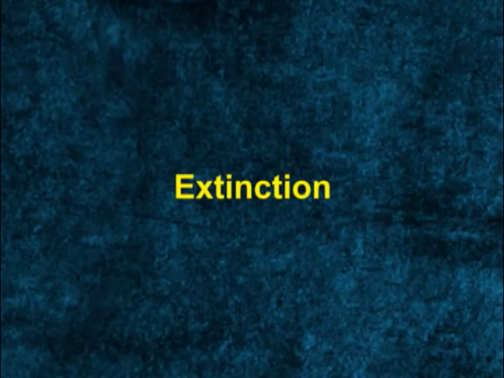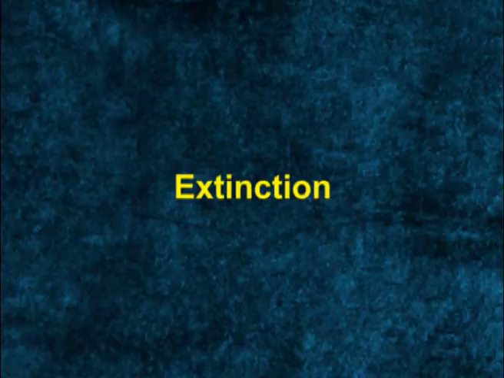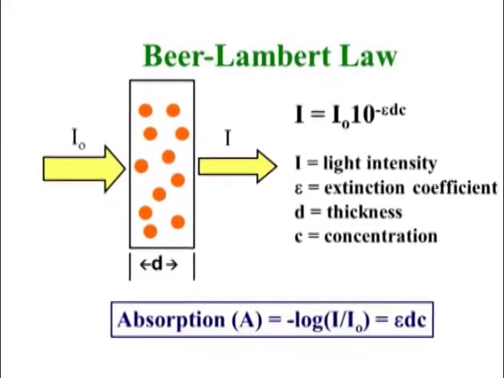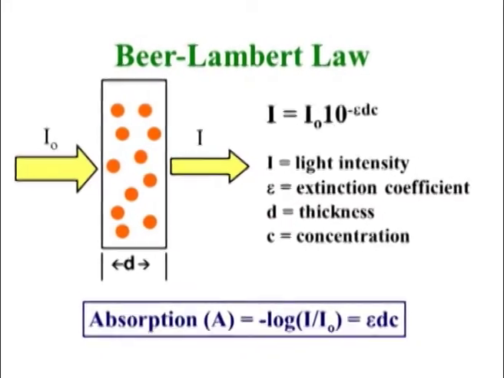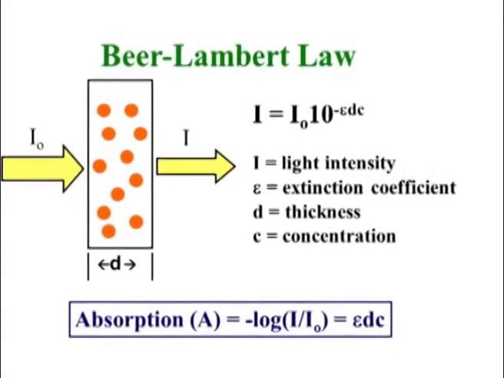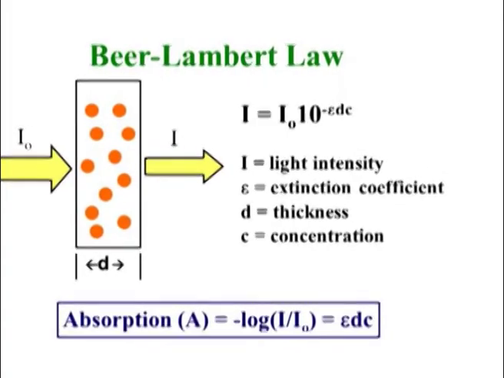Transmittance. The ratio of intensities is known as the transmittance or T, and this is usually expressed as percentage. Extinction. If logarithms are taken of the equation instead of a ratio, the expression log 10 I0 by IT is known as the extinction, denoted by capital E, and absorbance, denoted by capital A. The extinction is sometimes referred to as optical density.